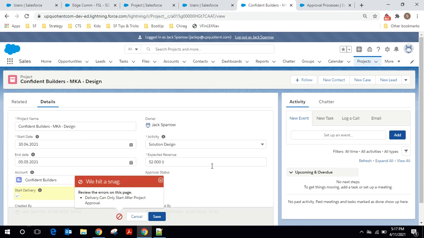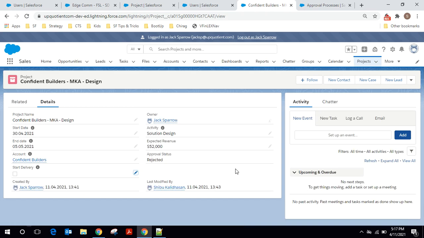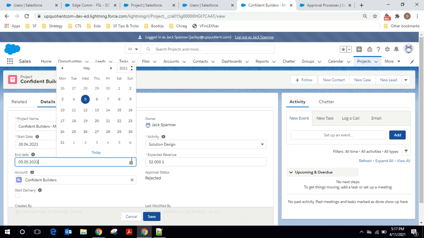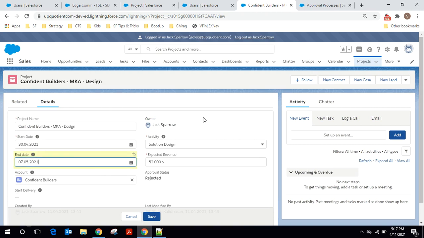Okay, so he tries to save this. So you hit a snag, right? It says delivery can only start after project approval. Okay, that's just a simple use case for the validation rule that you have written. And now what he does is probably he changes the start date, the end date. Okay, so he negotiated hard probably and was able to slightly bump it up